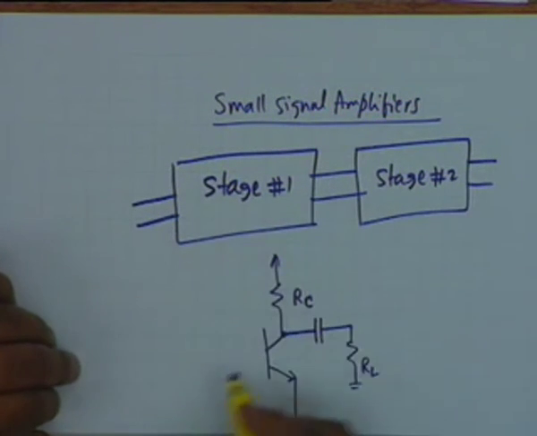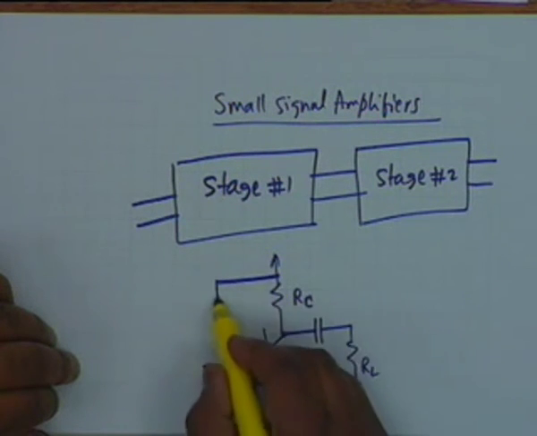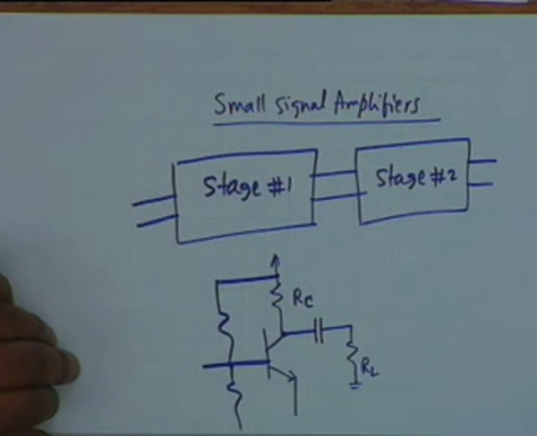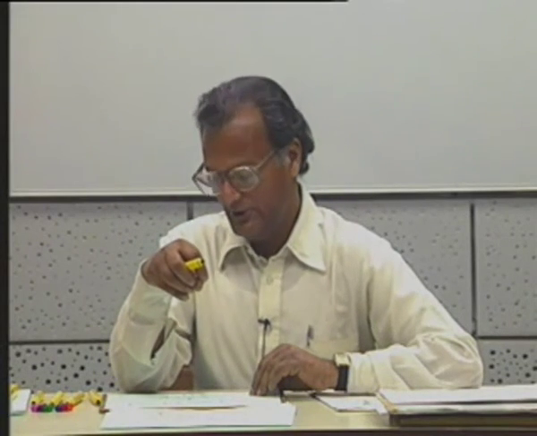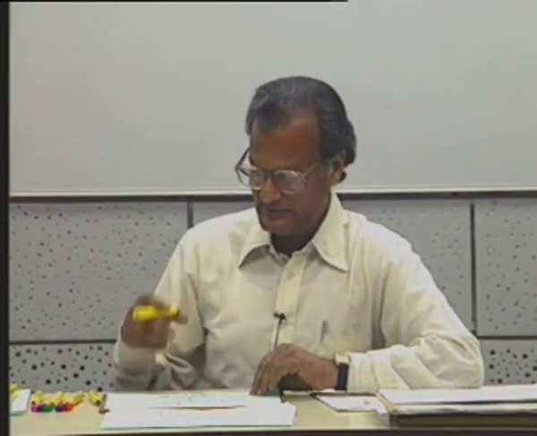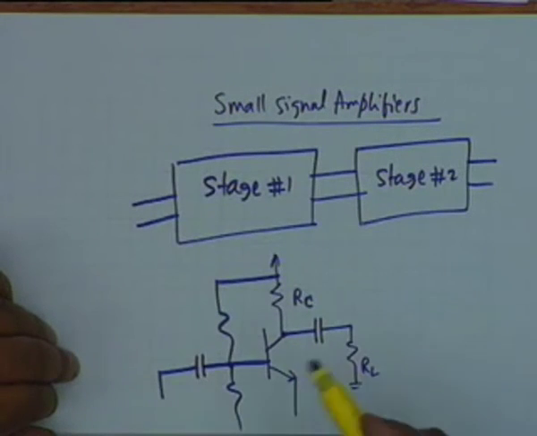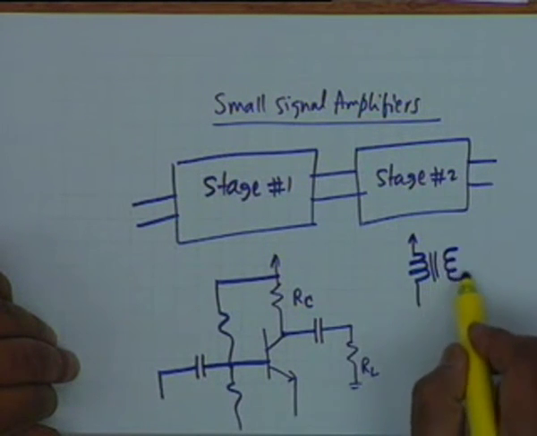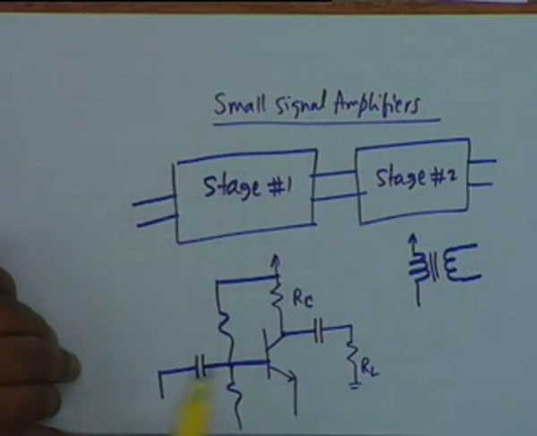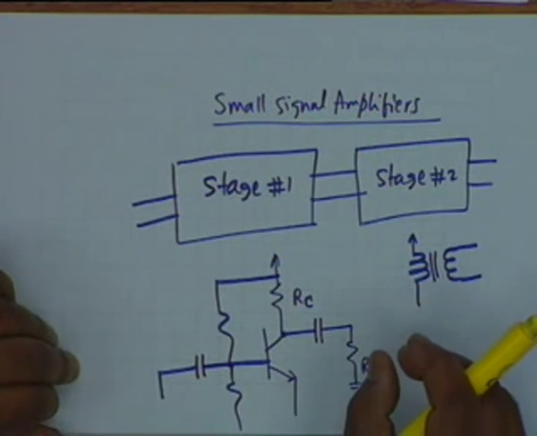For example, for the input connection, you know that you have a biasing circuit like this, and how do you connect the input? Through a capacitor. So, depending on what kind of coupling you employ to the transistor, either at the load side or at the input side, we call it by different names. For example, this is called RC coupling, resistance capacitance coupling. On the other hand, you have seen in power amplifiers, you can couple to the load through a transformer. This is called a transformer coupled amplifier.